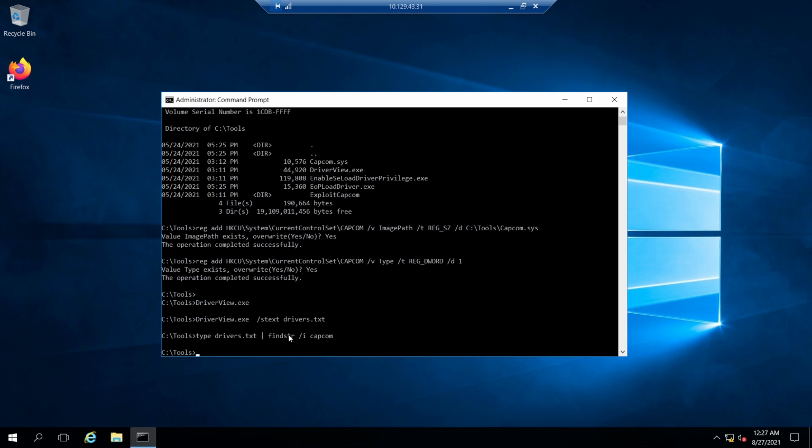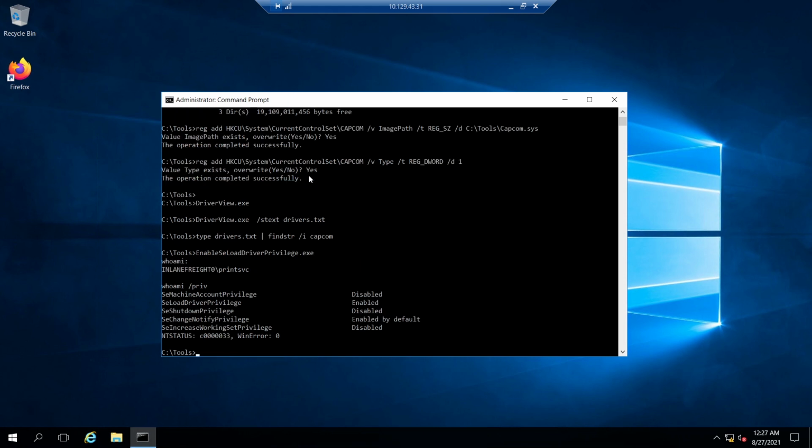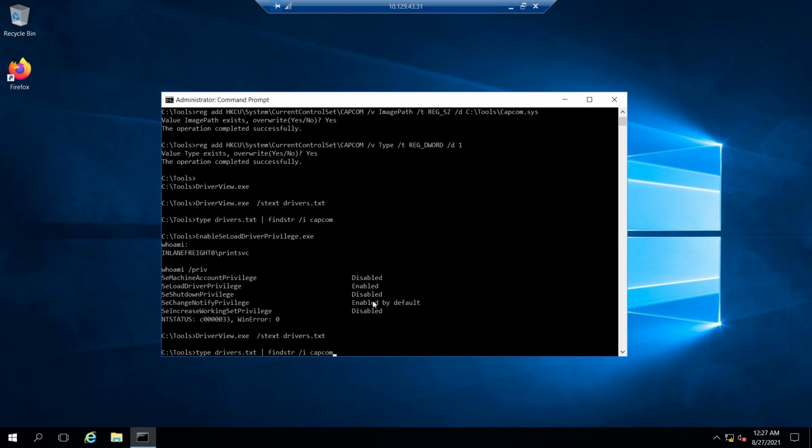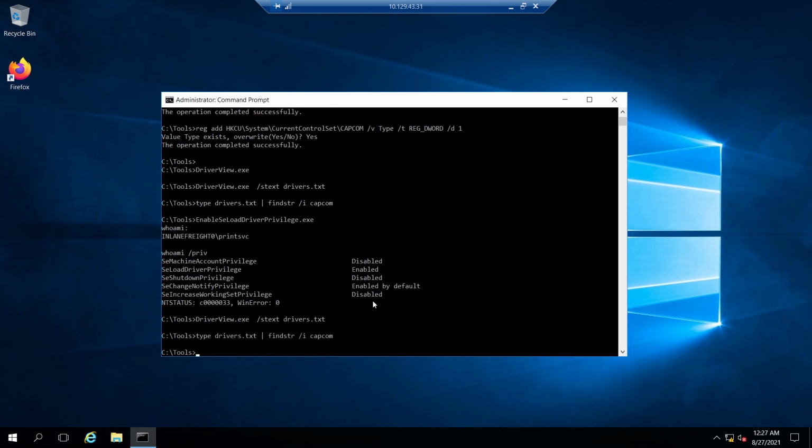So there is no driver loaded. Now we need to enable this privilege, then the driver will automatically be loaded. So now run this, and now you can see SeLoadDriverPrivilege is enabled. Now let's again get the output of DriverView, and now let's find Capcom. Okay, it still did not load. I think we did something wrong.